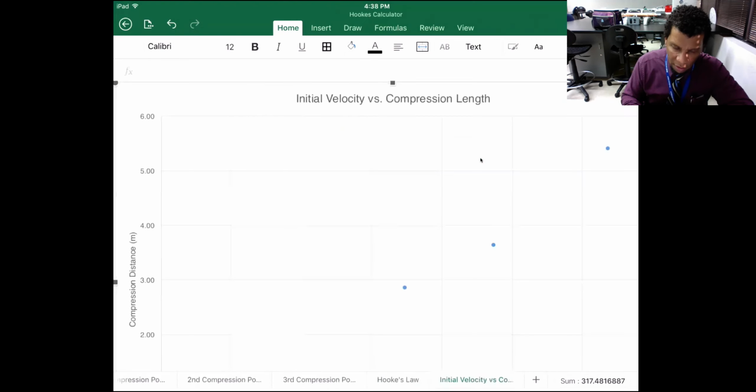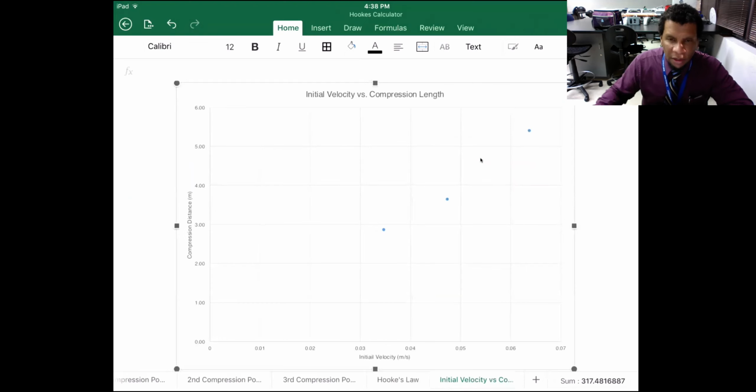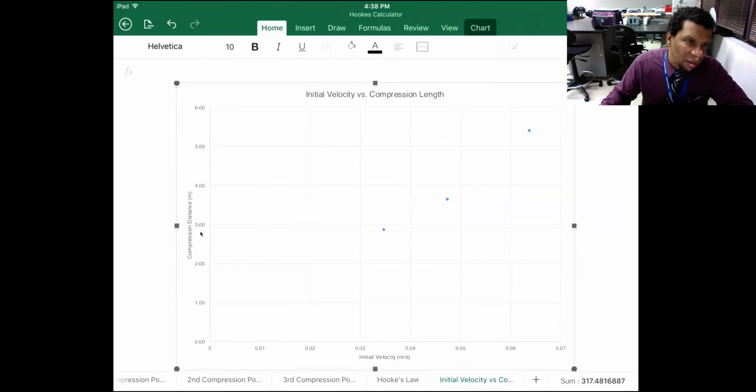Let's look at the velocity versus the height. So you'll see that I have velocity down here, but actually it should be over here. I'll change that, but compression distance should be at the bottom. Our compression length should be at the bottom. And then initial velocity should be over here. So you'll see as we compress more and more, of course, we get a greater and greater velocity. We can most likely make